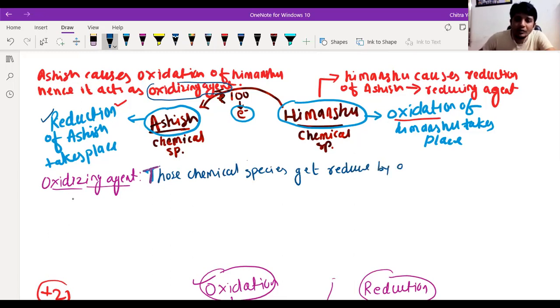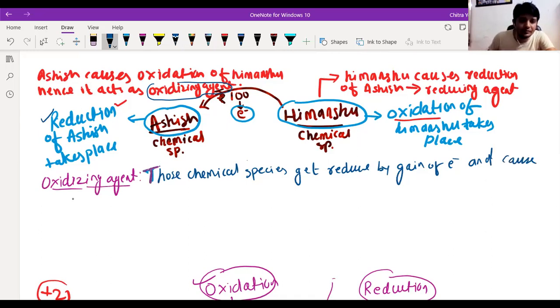By gain of electron. And see, E minus means electron. It is a symbol of electron, E minus. So those chemical species get reduced by gain of electron and cause